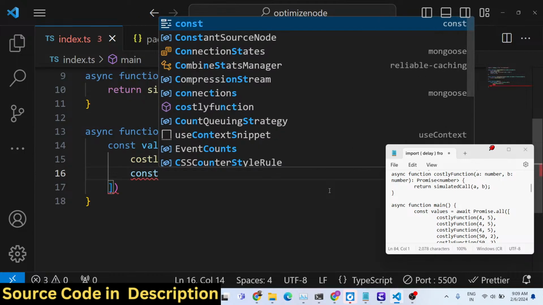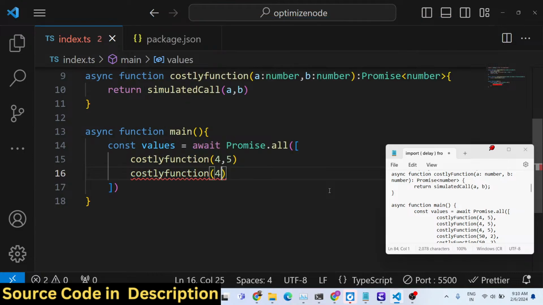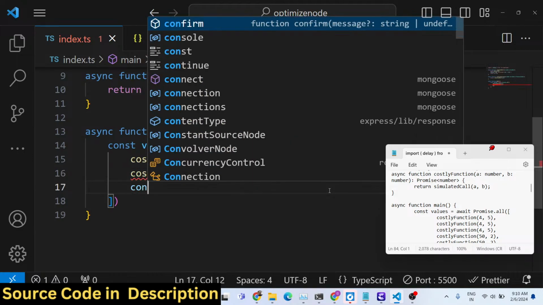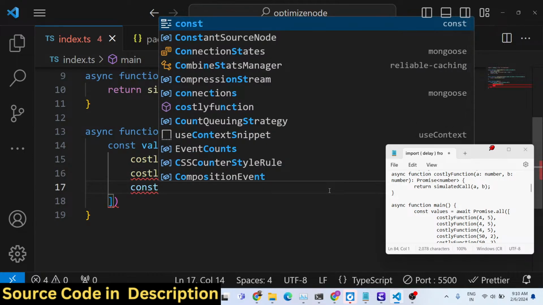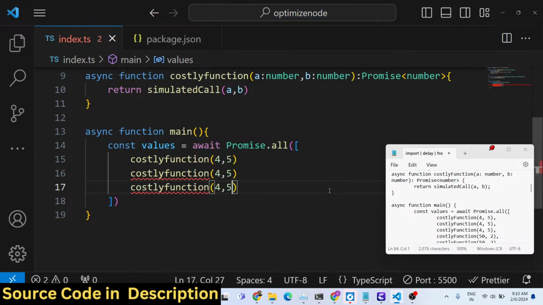So let's suppose we again call the same function and we pass the same values once again, costly function. We again call the same function, costly function 4 comma 5. So you can see, guys, basically we are calling the same values. You can see the problem here, why it will be a problem in a production level application,